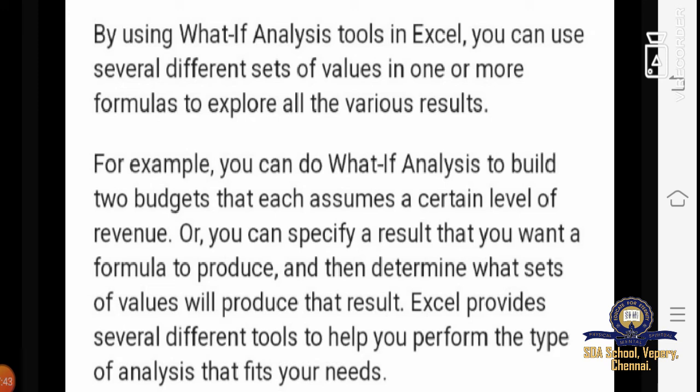Okay, by using what-if analysis tools in Excel, you can use several different sets of values in one or more formulas to explore all the various results.